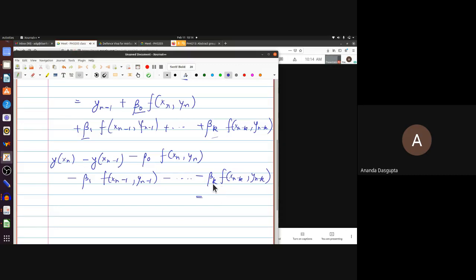Of course, this thing should not really be 0, because y at xn is the actual value of y at xn, whereas yn is our approximation to it, or our estimation of it. So what we would expect is this is almost 0,